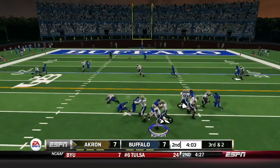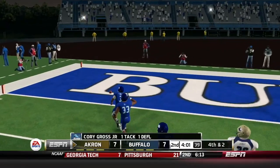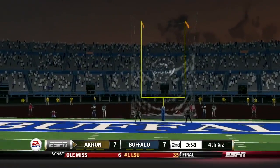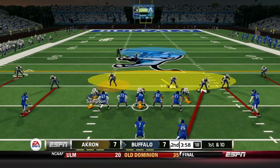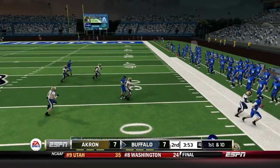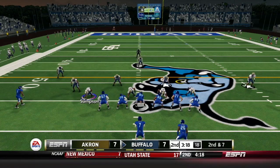Later on, it's 3rd and 2. Rammert back to pass. Throws. That's going to be knocked away and incomplete. Deflected by Corey Gross Jr. And so out comes the freshman who has made all of his kicks after missing the first one of the year. But that one is going to be no good. He hooked it left. So only his second missed field goal of his freshman campaign, but it keeps this game tied at 7, and